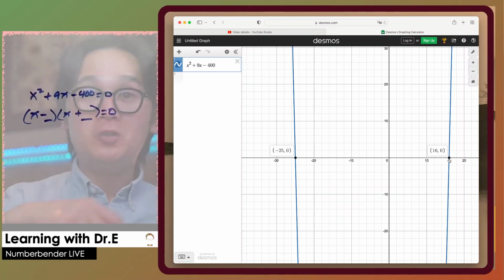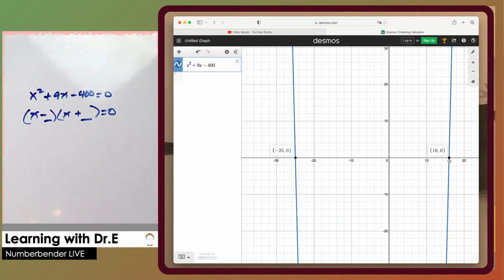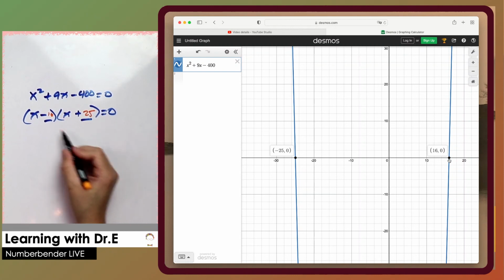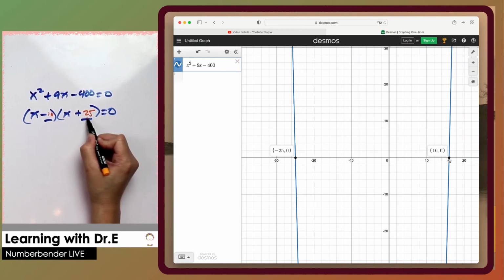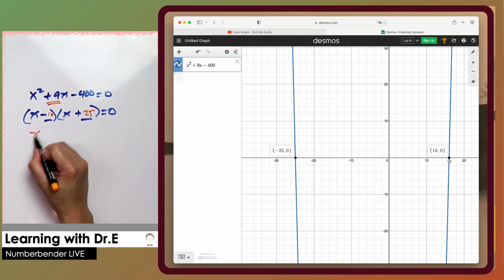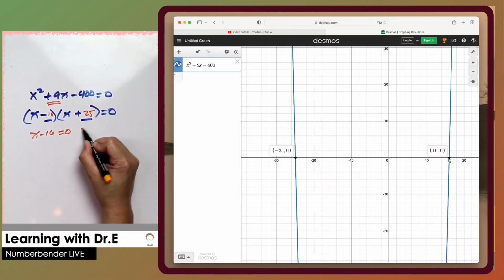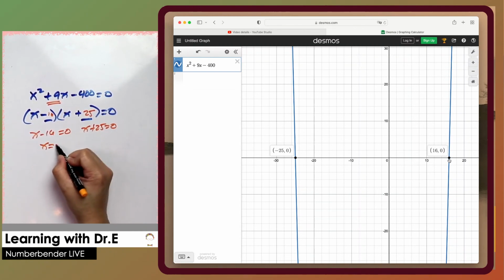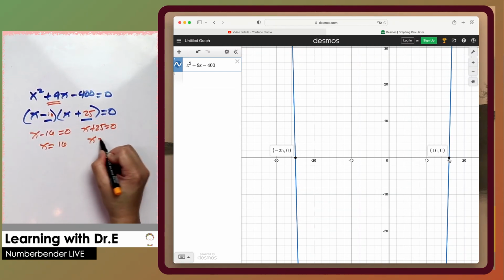We're able to produce that because if we add negative 16 and positive 25, we get positive 9. And when that happens, x minus 16 equal to 0 and x plus 25 equal to 0 are the solutions of our quadratic equation